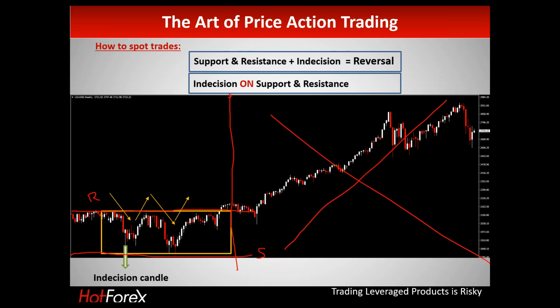You should have in mind that every time your asset retests or is close to the support or to the resistance level, then it could be an opportunity for you to trade on the potential of a possible reversal. Why? Okay, so we are in a ranging market.